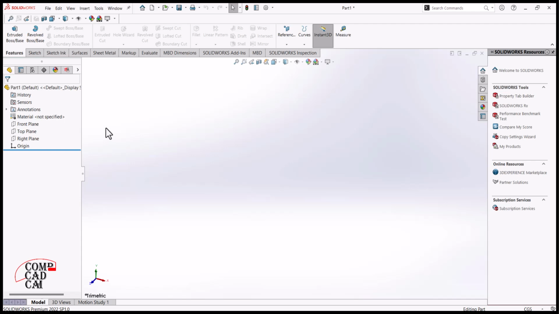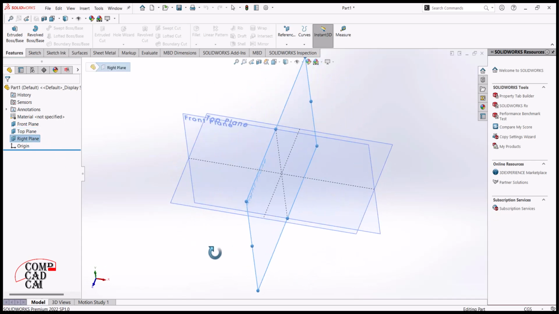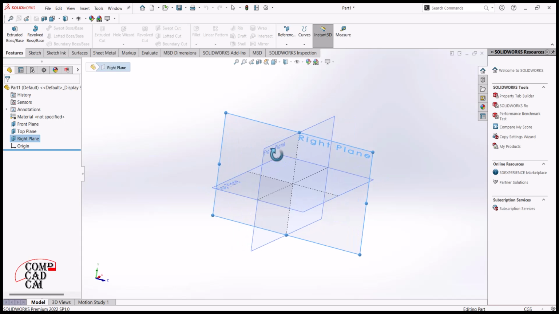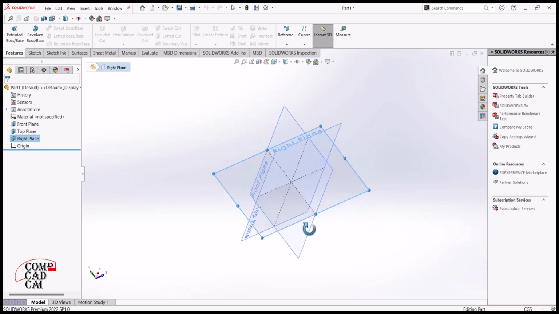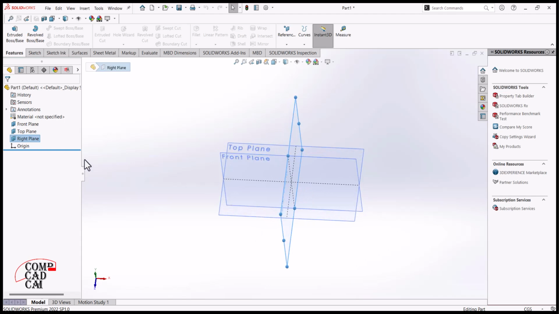And so to select a plane to draw on, the first thing is you head out to your design tree. Under the design tree, you have the front plane. So let me make it visible. Let me make all visible. So you can see these are your 4 planes. So we have the front plane here, the right plane, the top plane, and so it forms a 4 quadrant. And so once you decide where you are going to start your drawing from, then you select the one you